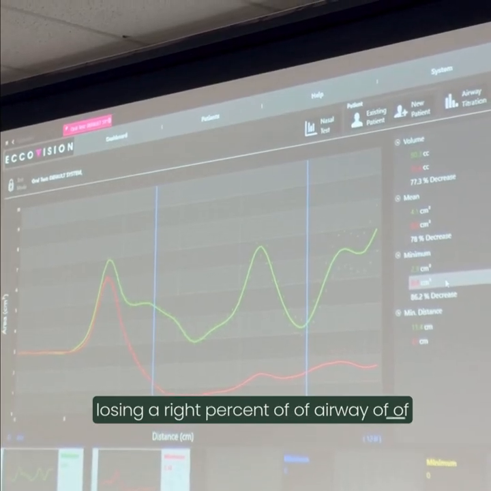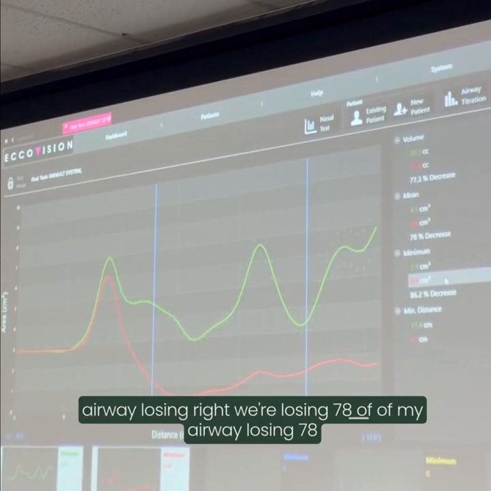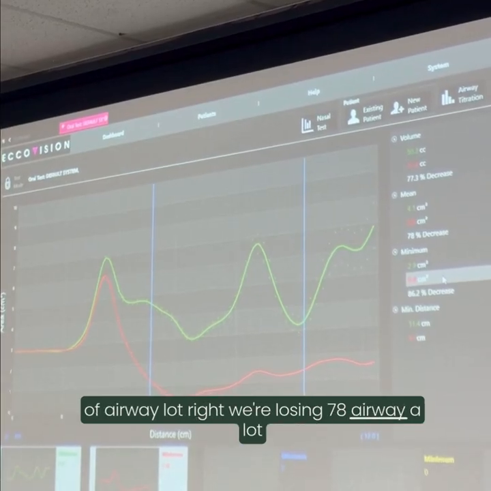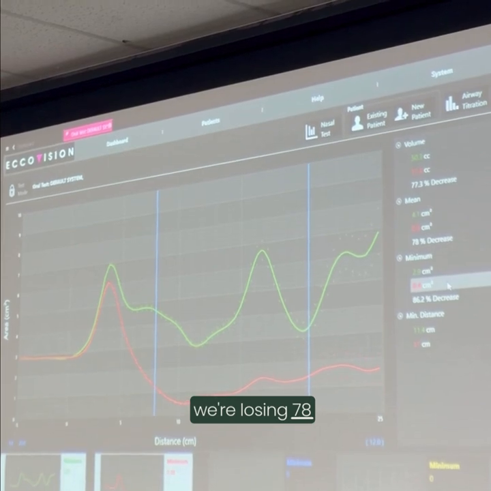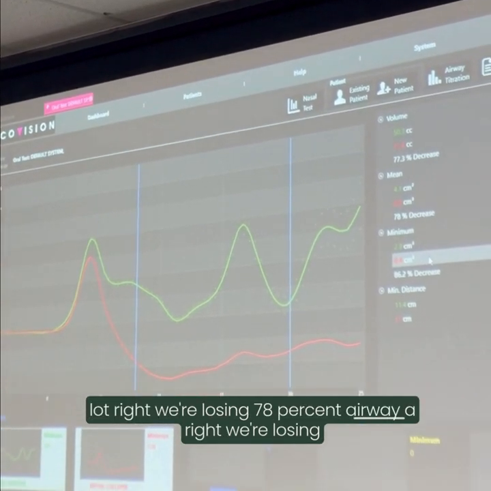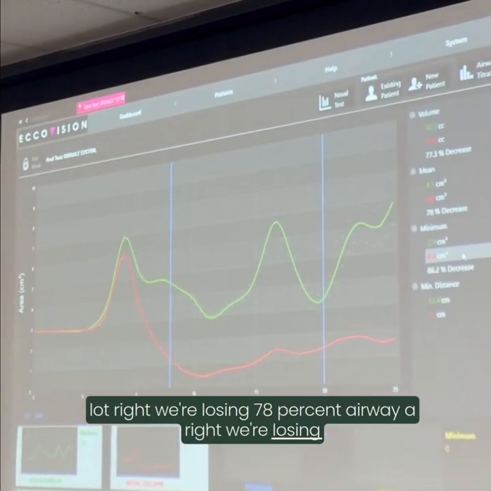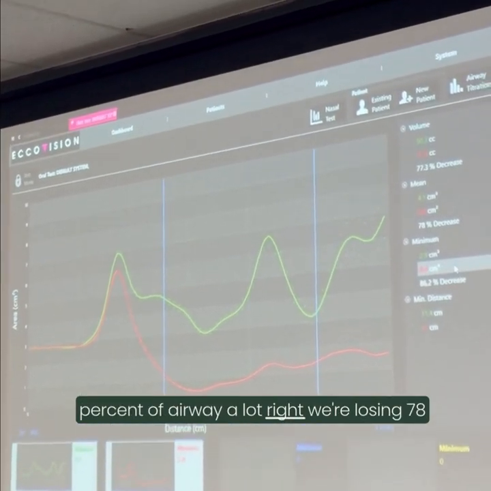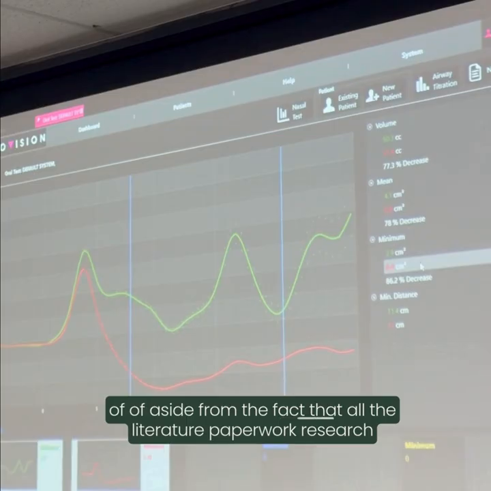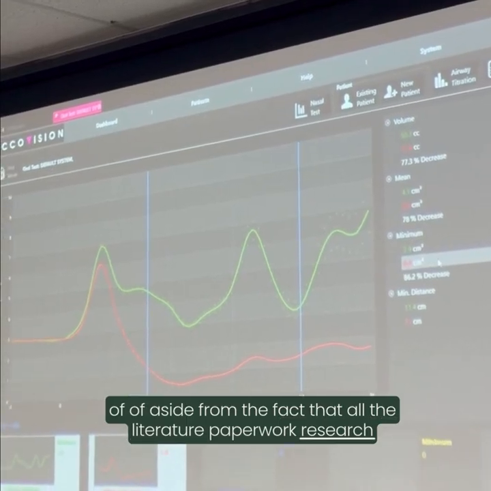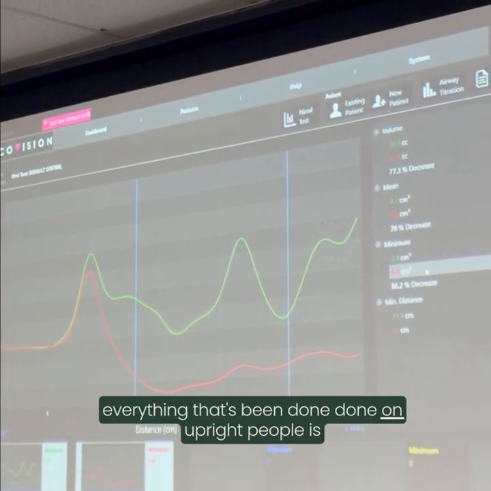So the questions that we get often, and were already asked, and we touched on them a little bit, is one, why do you do this upright versus supine? Certainly, especially in a dental chair, you could put somebody fully supine and you'd be able to get an easy reading that way. The reasoning behind it, aside from the fact that all the literature, paperwork, research, everything that's been done is done on upright people,